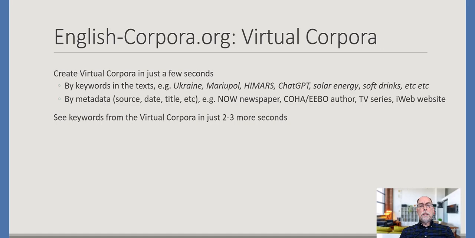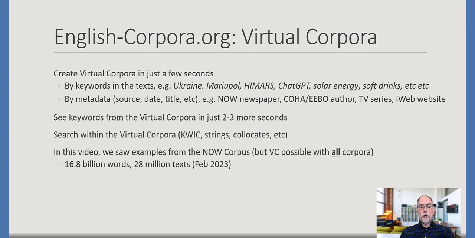We can then see keywords from the virtual corpora in just 2 or 3 seconds more, and of course we can search within the virtual corpora: keywords in context, strings, collocates, and so on. In this video we saw examples from the NOW corpus dealing primarily with Ukraine, but again, virtual corpora are possible with any of the 17 corpora from